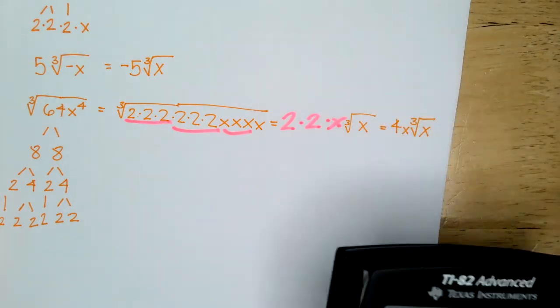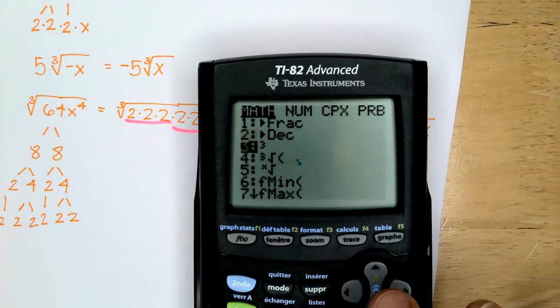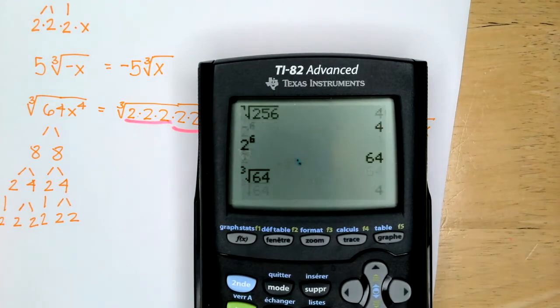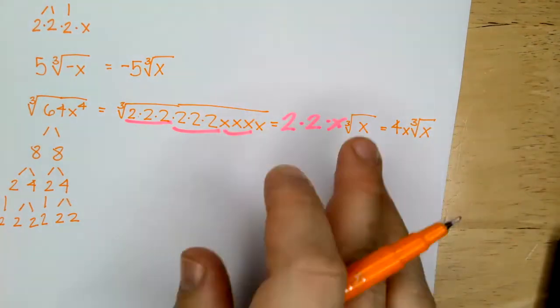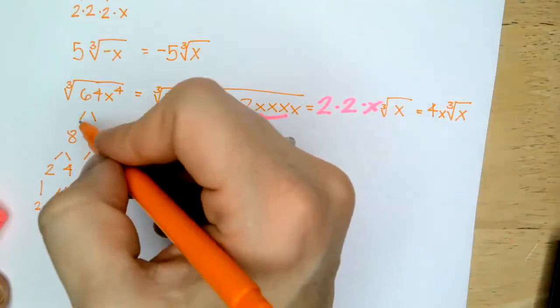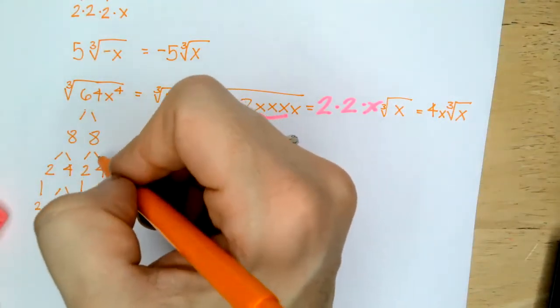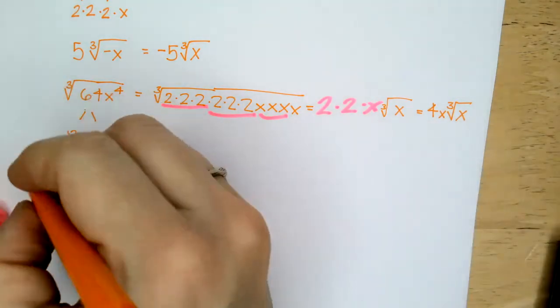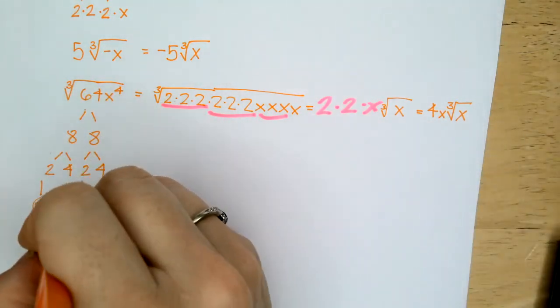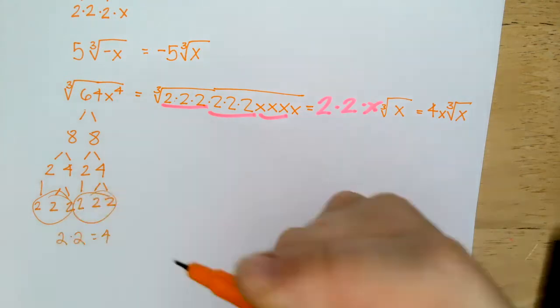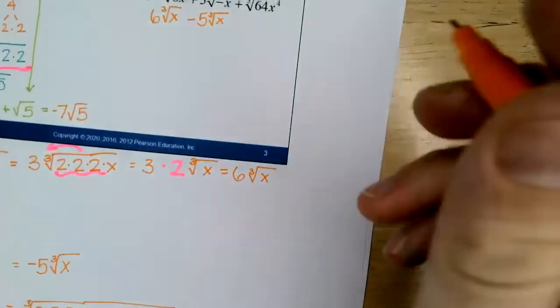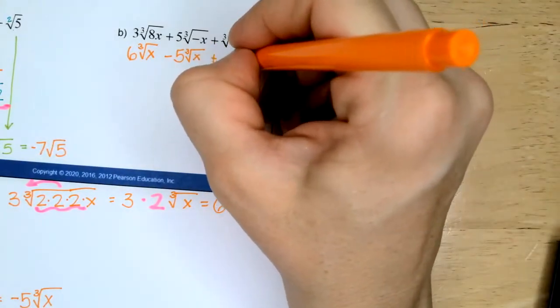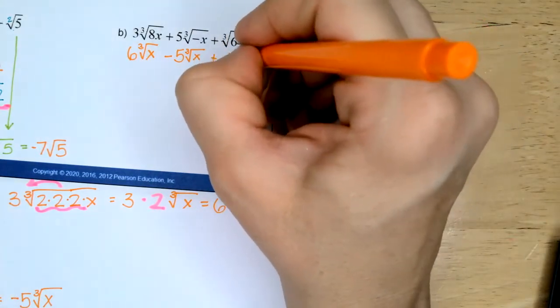And if you had just put 64 into your calculator, you would have gotten it much faster than me. So there's many different ways to make a factor tree. You didn't have to start with 8 and 8. I could have started with a 4, but you'll end up with the same answer, even if you have to go back and multiply. 2 times 2 is 4. All right, so this becomes +4 cubed root